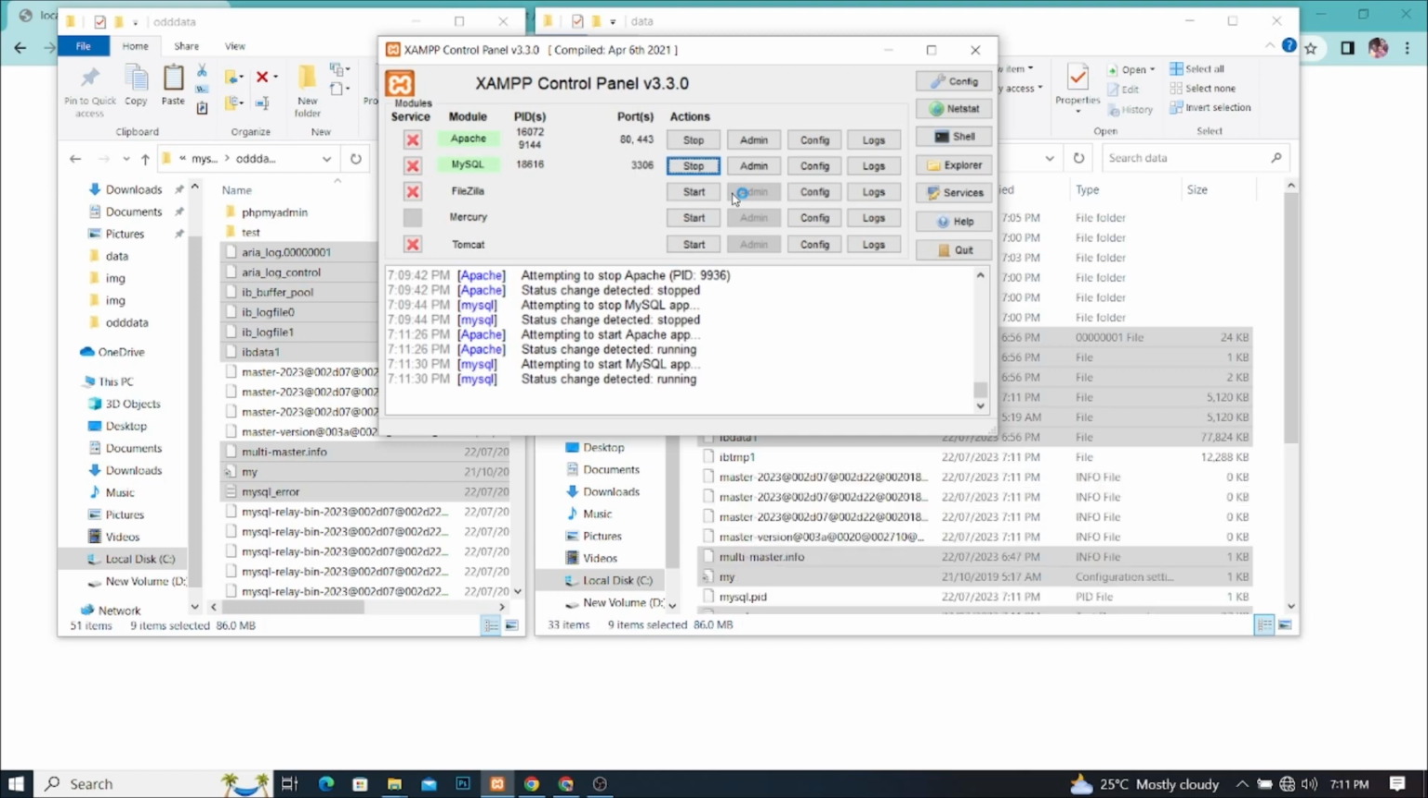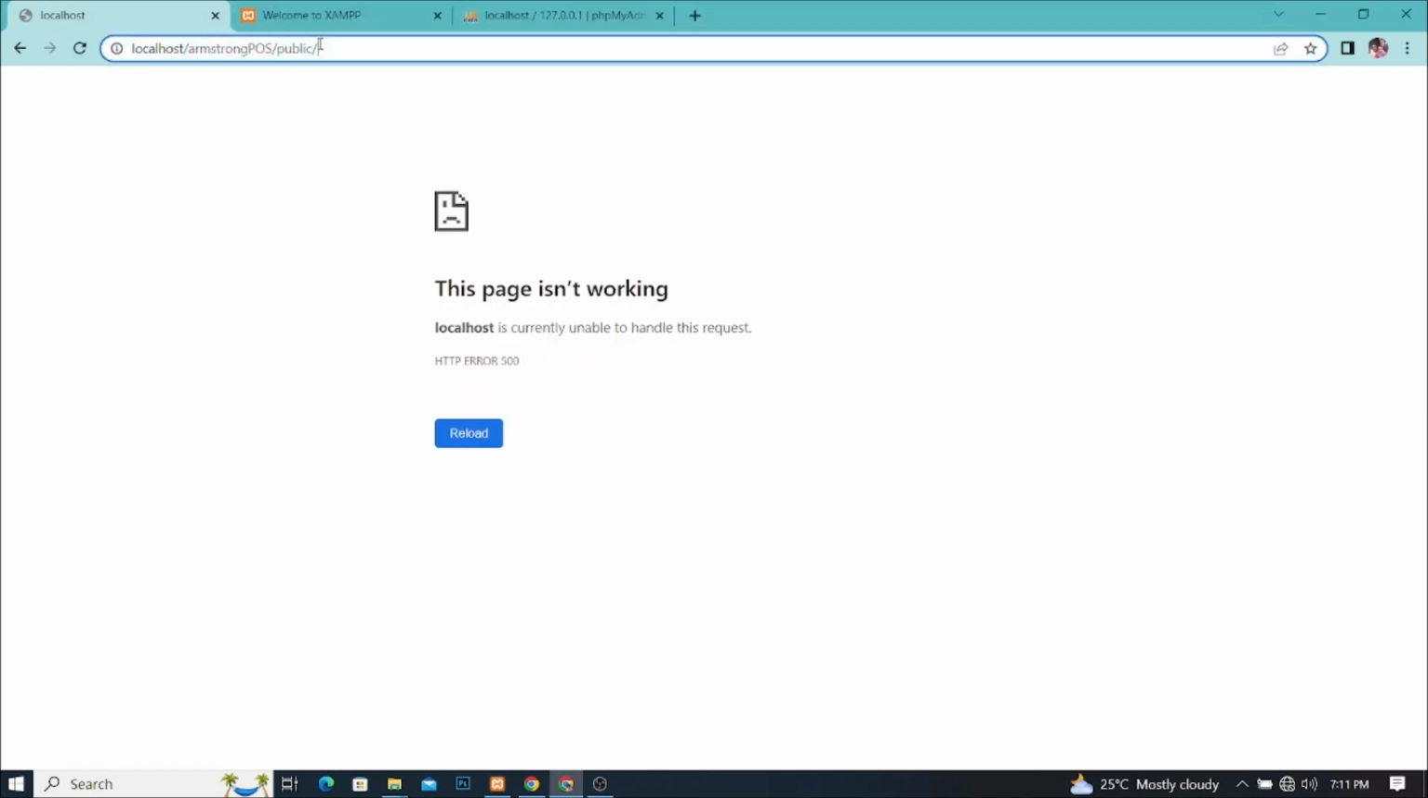Still, MySQL is running perfectly. There's nothing wrong with it. Everything is running perfectly. So when I come to this side and then hit enter, see, this is supposed to work, but it's not working. So as it's not working now, what I need to do is just go back to